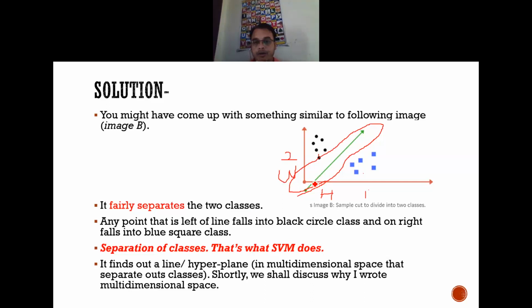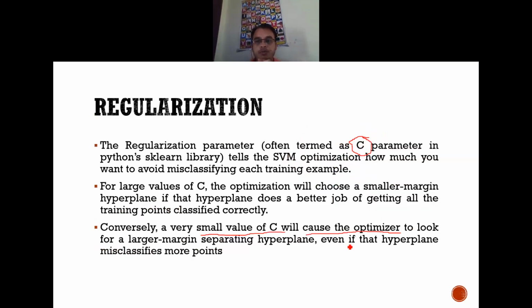Take an example over here itself. If I have a small value of C, the line will be between this particular parameter. Hence there is a chance that such a blue point might be available over here, might be available over here. Hence there is a probability of misclassification with respect to a small value of C. Okay, if I go with the large value of C, this is a large value of C, this is a small value of C.